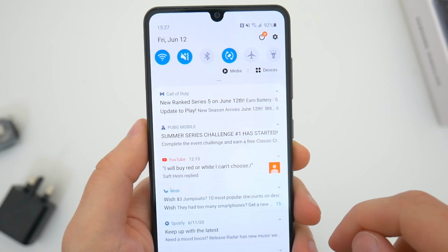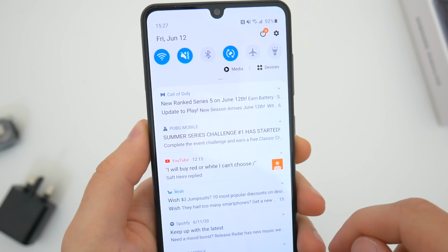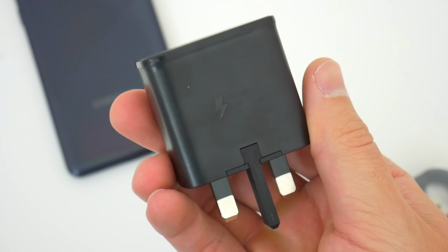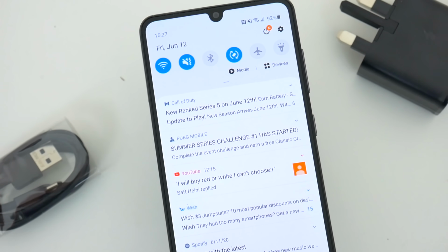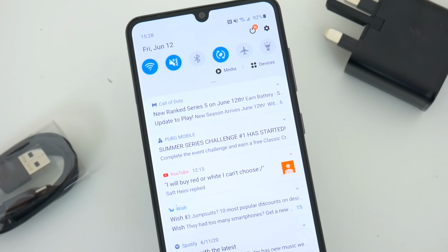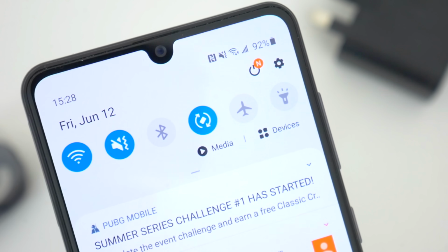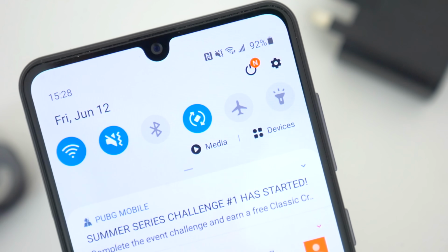I'm getting more than 8 hours of screen on time with this phone, and paired with the 15-watt fast charger, battery life just has never been an issue. In fact, the battery capacity really is probably one of the other big reasons why I think this phone is such a good value. It's a bit bigger than a lot of other phones in its price range, and